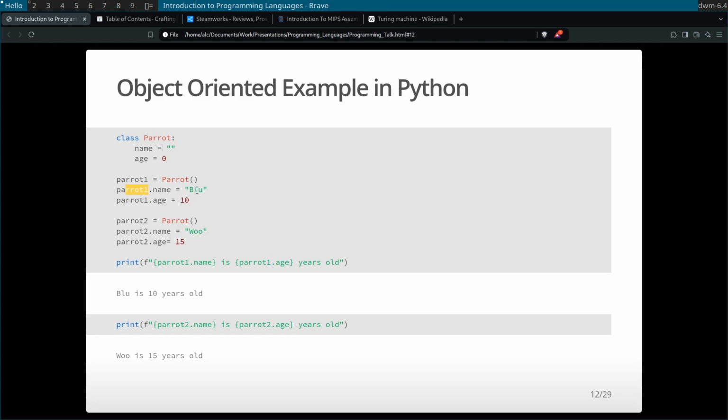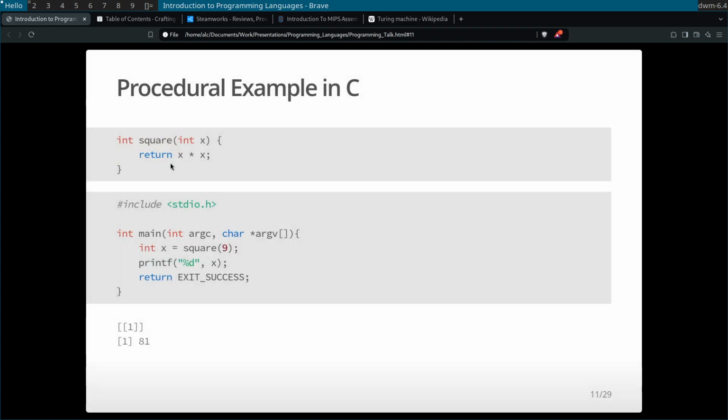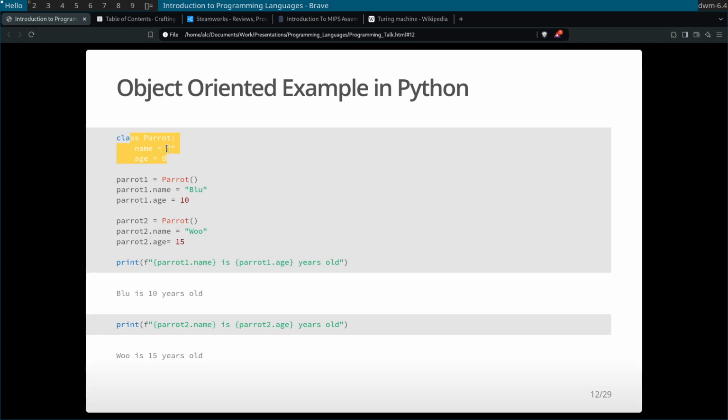different values. Now, this could technically be done in C, but when I start adding methods, or functions, inside of the class, C can't do that directly in the same way. In C, there's something called structs, which can have simple variables, but can't have any functions inside of it. And that's what makes OOP powerful, because if I wanted to make a function called squawk for parrots, I could do that, and then say a dog class could not call the squawk function because the